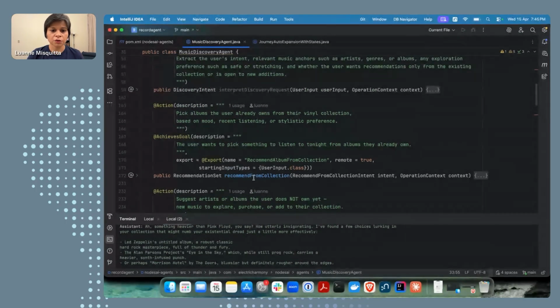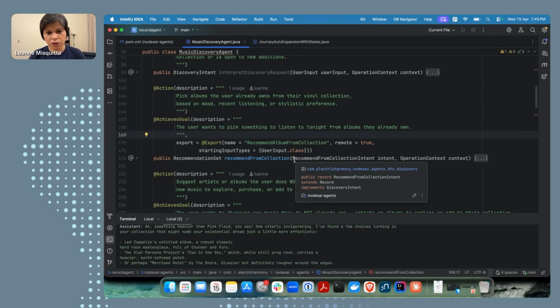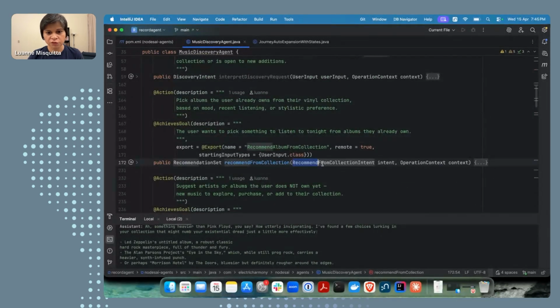So you have the recommend. We have an achieves goal, which basically tells the framework that, okay, the goal is accomplished. We can terminate now. We have an action which tells you what it does. But more importantly, because we're using GOAP and we're not using an LLM to decide what the path is, the way Embabel works is it looks really at how to get to this goal from these,